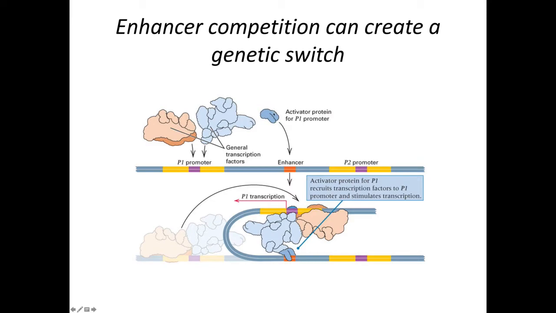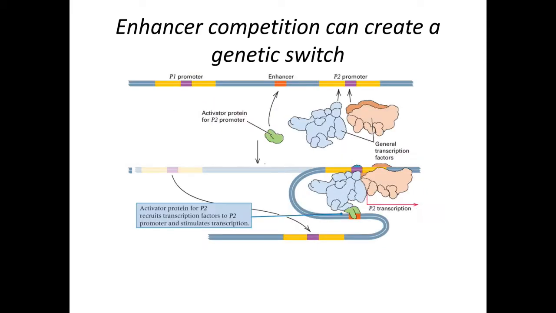So in this particular case, we have an activator protein for the P1 promoter, which binds to the enhancer and recruits the general transcription factors, which are known as the TF2D complex. These then bind to the TATA box or the promoter and then recruit the RNA Pol2 holoenzyme. And in this particular case, we're getting expression going in this direction, based on this looping configuration. But a different type of protein could bind to that enhancer, and that protein may instead drive expression